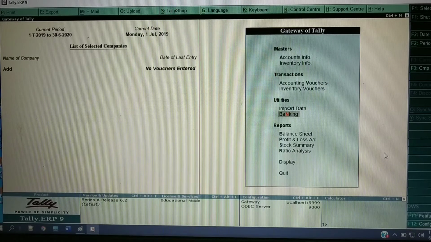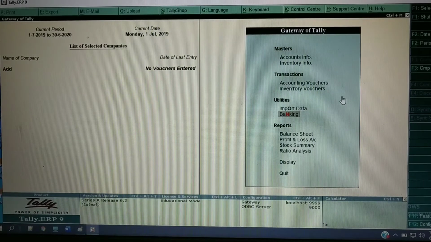In this video, I am going to explain the Features and Configure buttons in Tally. These Features and Configure buttons we can see at the right vertical pane of the Gateway of Tally. Here, first I will start with the Configure option. This button helps to modify the changes whenever you require in ERP 9.